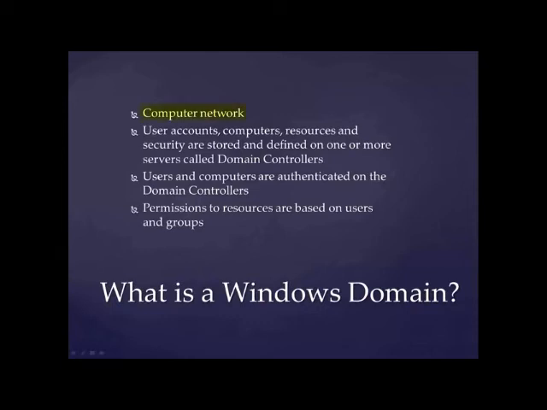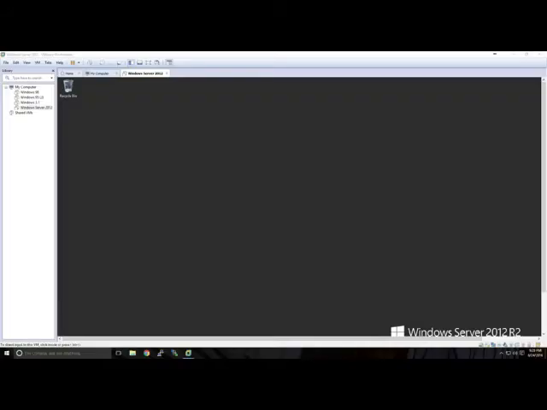A Windows domain is a computer network where user accounts, computers, and resources, and the security for all those things are stored and defined on one or more servers that are called domain controllers. Users and computers on the domain are authenticated through the domain controllers, and the permissions to the resources are based on user accounts and the groups that contain user accounts. So with that information in mind, it's time to set up our Windows Server as a domain controller and create